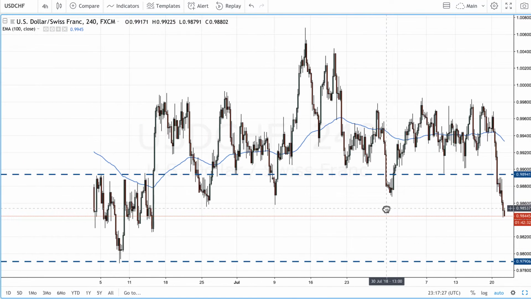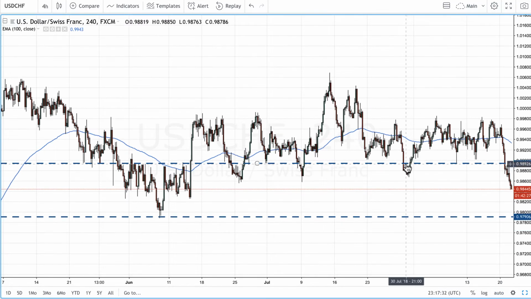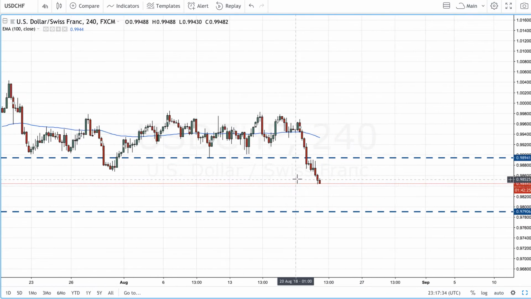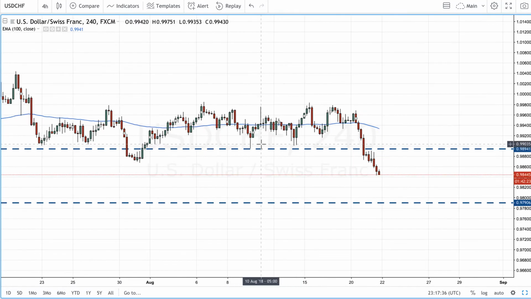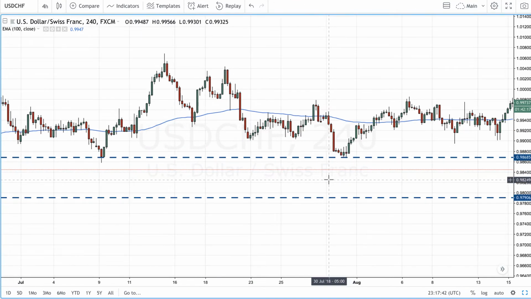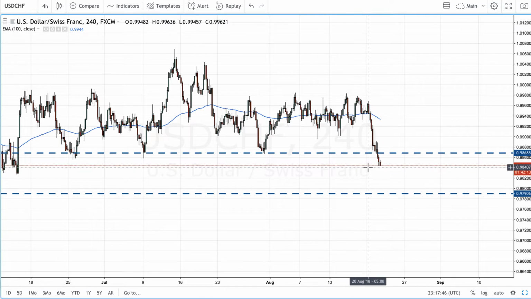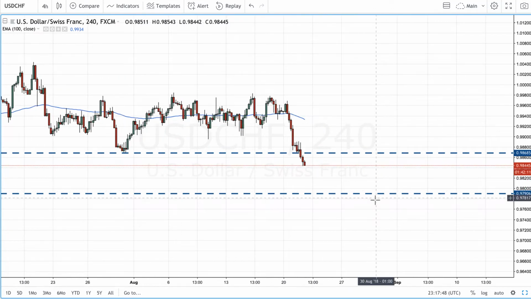The Euro Swiss is looking very nice. What I'm looking at in this pair is you can see that the market has previously broken this structural low over here, and it's also, if we bring this down, broken this previous low over here as well. And what I think from my personal perspective is we've now got clear water down towards this support level at